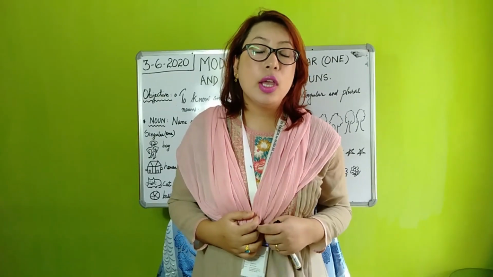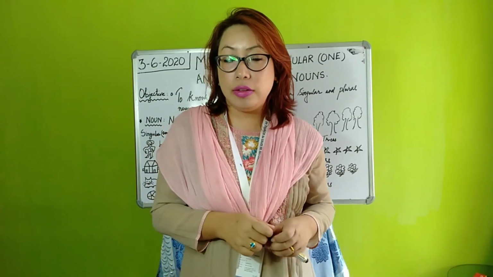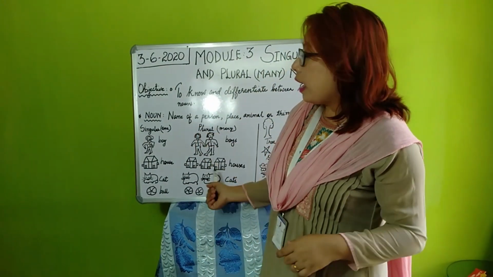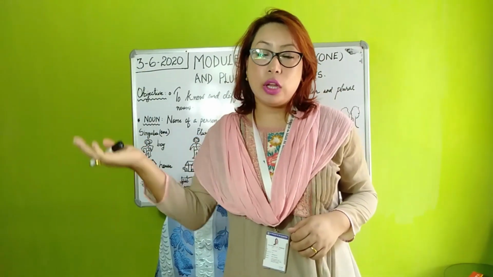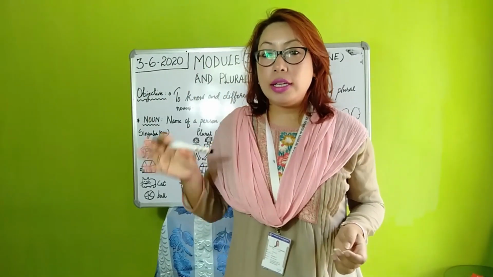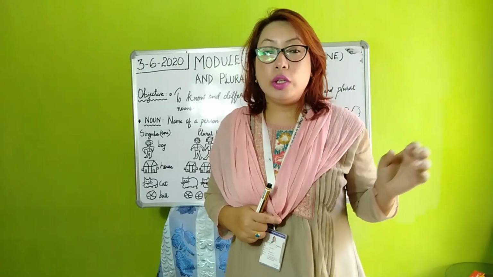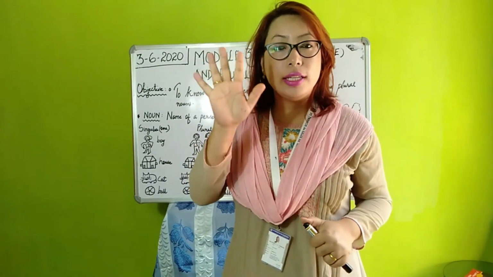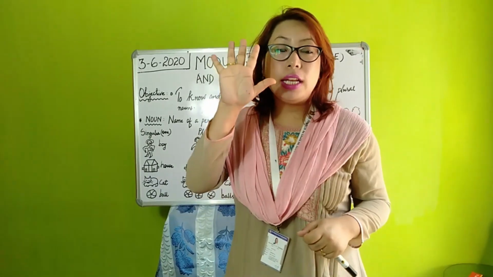For today's class, what will be your homework? Your homework will be, there is a simple exercise given there that you will do it as a homework. And also, like how I have made a column, like that you can make two columns, right? One for singular column, one for plural column. Then in singular column, you can draw a few items and you can show that in the plural column also. You can draw, you can write the names like this, even color it. At least 5 items, 5 things. Name of a person, place, animal or thing. You can repeat it at least 5.